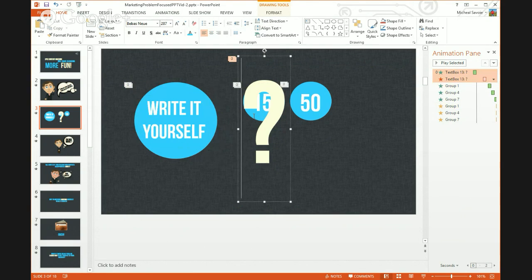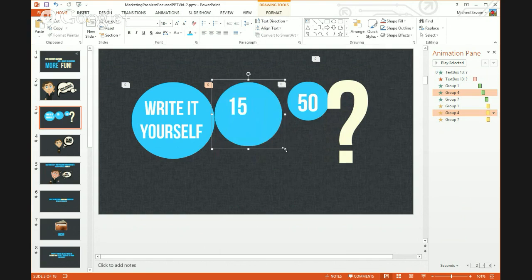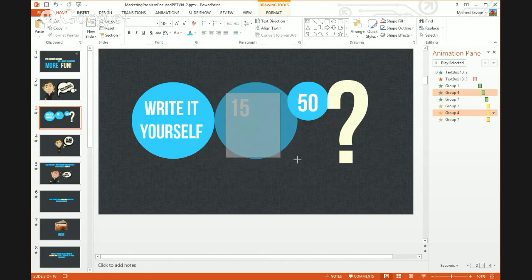The next one is going to be the circle, but I think you have to move this guy out of the way in order to get to it. And then this one is by it.